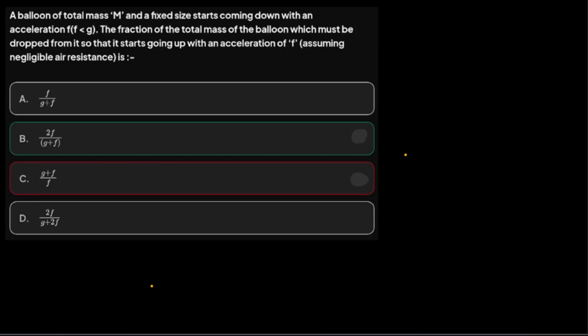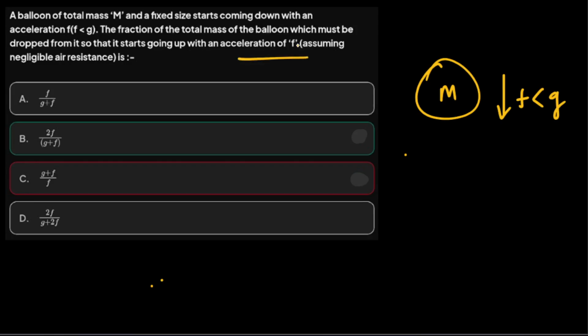Let us for now get at this one. And what is said in the question? A balloon of total mass M. So there is a balloon and it has a fixed size and it starts coming down with an acceleration f. So it is coming down with acceleration f which is less than g. The fraction of total mass of balloon which must be dropped from it so that it starts going up with an acceleration f. The question is asking how much mass I should remove, the fraction of what mass should be removed,